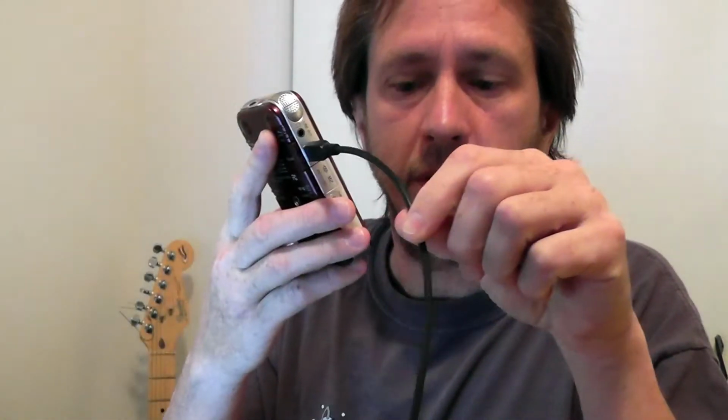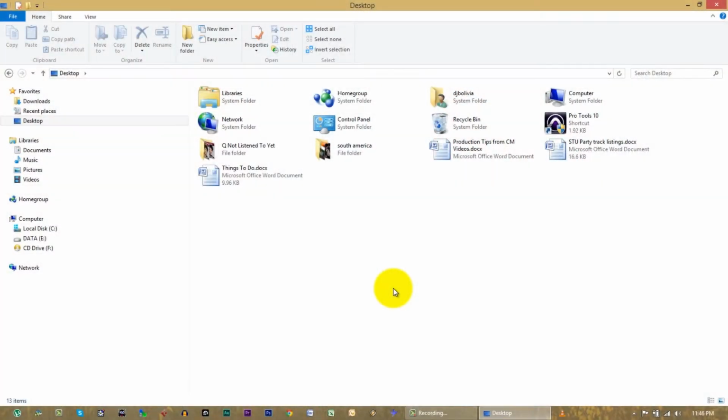Okay, so now that the recording is done, we need to make sure that the files are on the computer so you can play with them. So I'm going to assume that you know how to do this, but just in case, basically with this Sony wave recorder, you plug it in, the other end goes into the USB port on the computer. I turn it on,